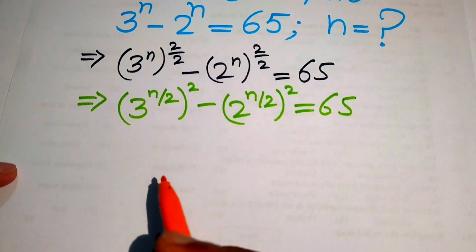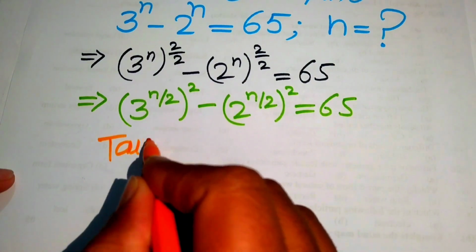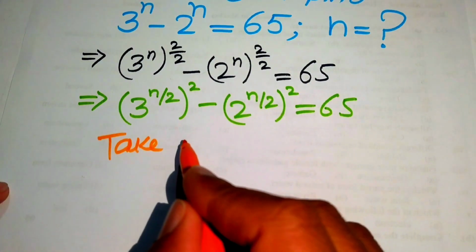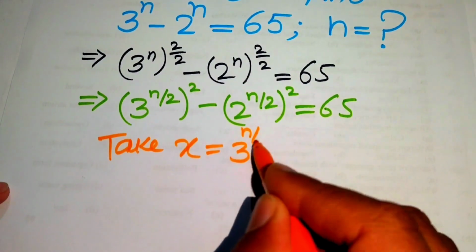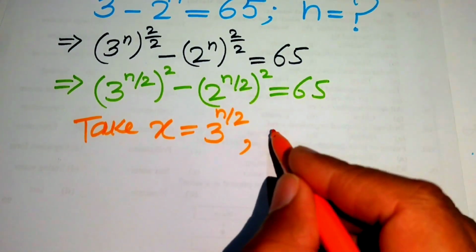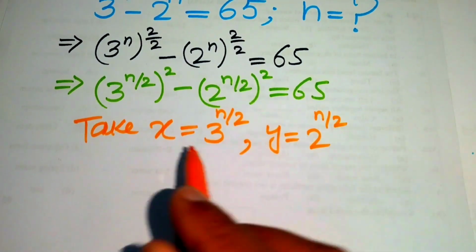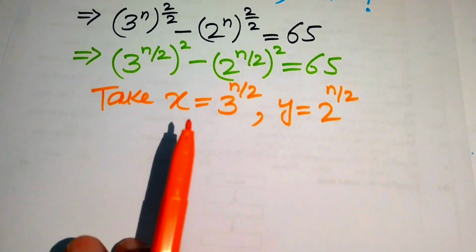So here we take 3 to the power of n over 2 equals x, and we take 2 to the power of n over 2 equals y. So we write in this form, and now we substitute the values of x and y in the above equation,